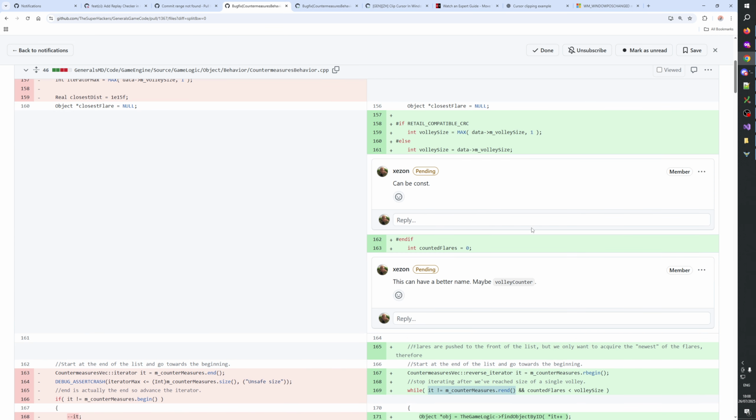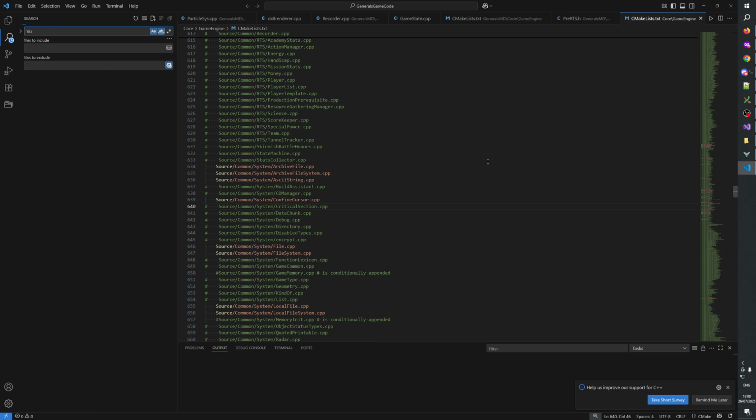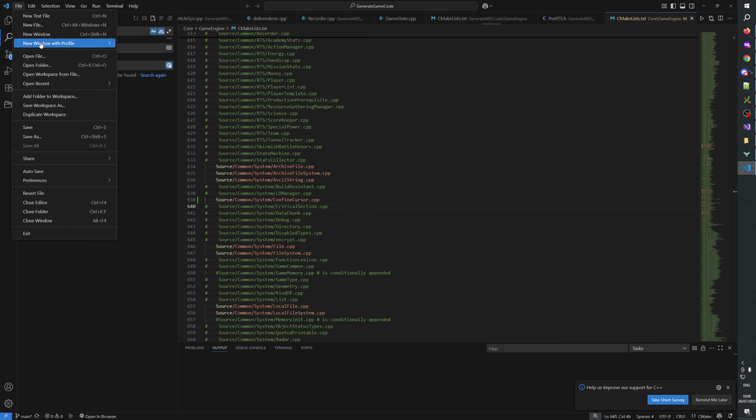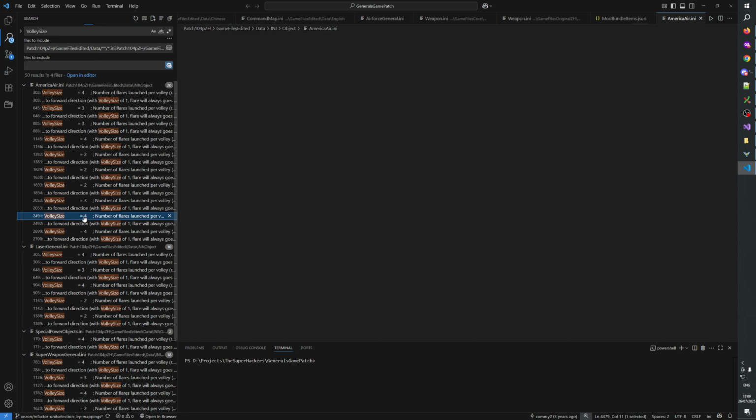Let me search for Visual Studio Code. Volley size 1. File open. Volley size. Yeah, it does exist here.